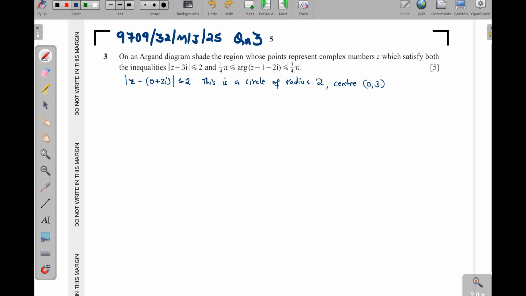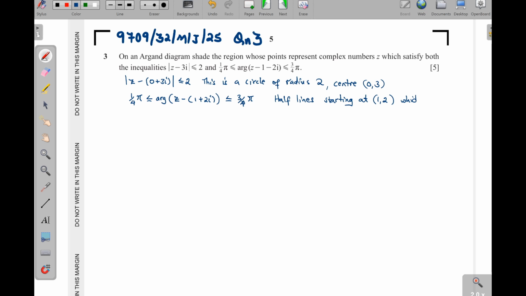This one here. So we have a quarter pi, then less than or equal to the argument of z, put a minus, then everything is just like we did here. We shall have 1, then plus 2i. You see that? Then less than or equal to 3 over 4 pi. Now here we are going to have half lines, okay, starting at 1, 2. Okay, half lines starting at 1, 2,